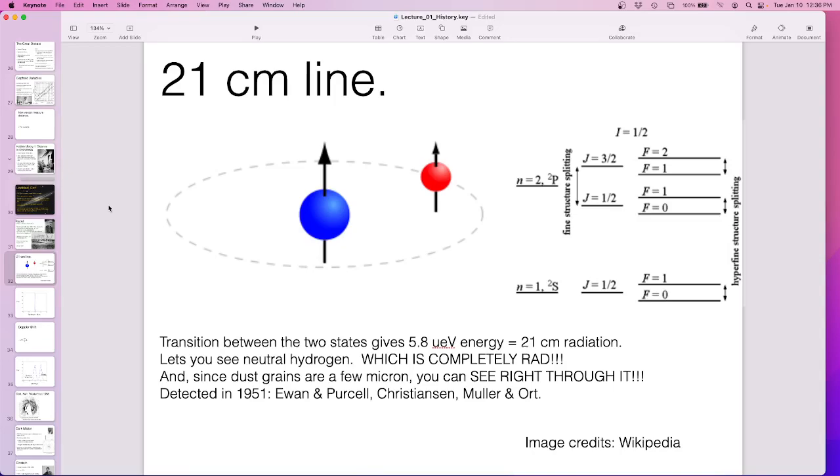Not a lot, but they do a little bit. When the electron and the proton have spins in opposite directions, it's a slightly lower energy than if they're in the same direction. If I change that direction, I have to either add or remove energy from that hydrogen atom. So when the spin flips from up to down, it gives off a very low energy photon. Remember, very low energy, E equals some number, no, just h.